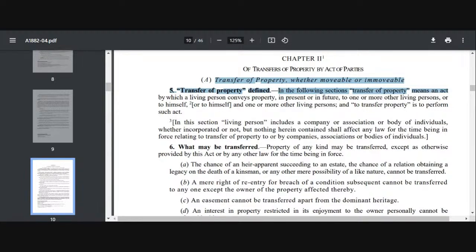सो हम प्रॉपर्टी को ट्रांसफर कर रहे हैं यहाँ पर टू अनदर लिविंग पर्सन. हम कर सकते हैं या हम अपने आप को भी कर सकते हैं. ईश ने कहा है इन केस ऑफ ट्रस्टी ही ट्रांसफर्स टू हिमसेल्फ. यस ईश, दैट्स करेक्ट. सो यू ट्रांसफर योर प्रॉपर्टी टू योरसेल्फ.